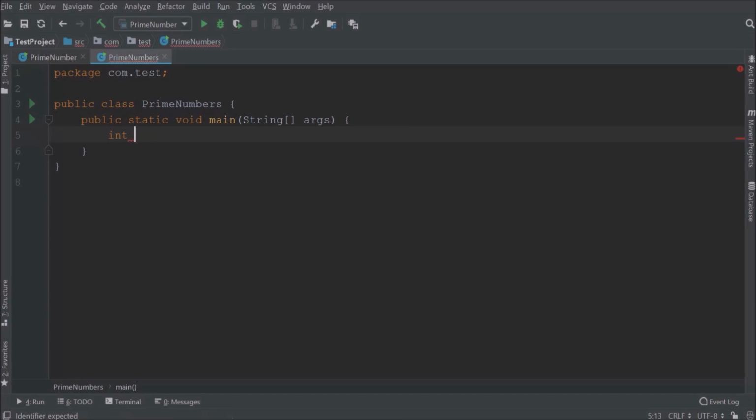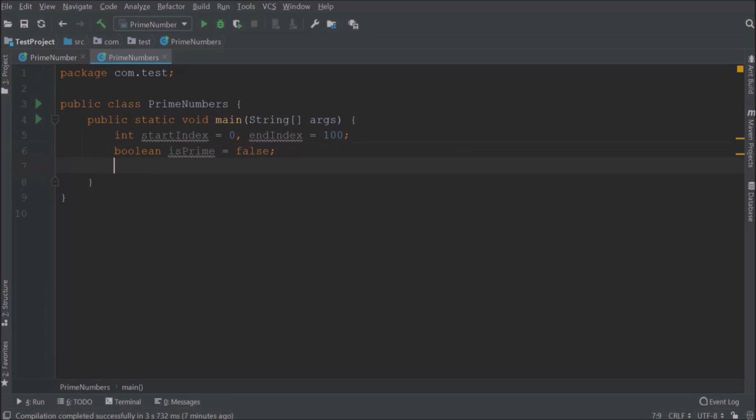Let's create two variables like start index and end index. So here I'm planning to get the prime numbers from 0 to 100. I know 0 and 1 are not the prime numbers. I'm just including, you can ignore also. Create the boolean variable name, let's say is prime, and initialize with false.